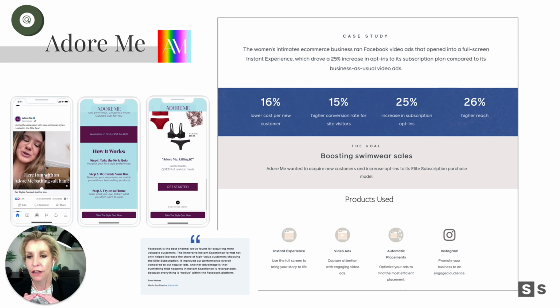The ad copy says, "Loving the obsession with new swimwear styles curated in the Elite box." They're using this girl, this user, as their test case or their video content. So real users is another thing. Actual human customers or influencers or whatever. So we've got a video of her unboxing and opening up this product. Powerful stuff. I'm curious. Are you? I want to see this girl and what she's opening. And is she going to wear it? And oh my God, she's trying it on. What does she think? Would I wear that? And then they've also captioned the video.